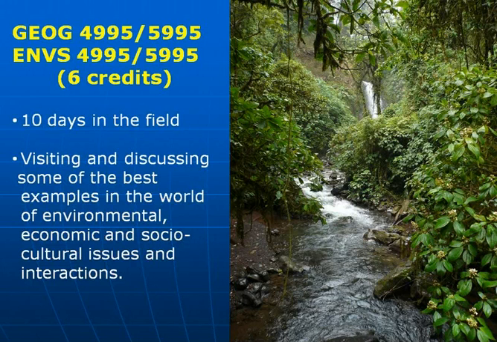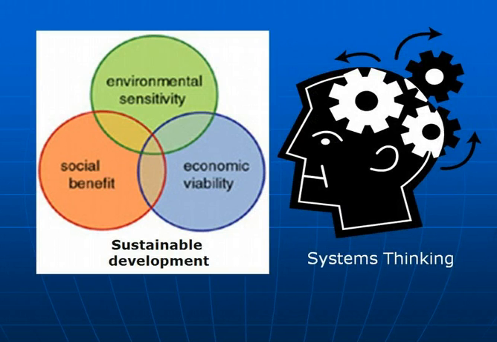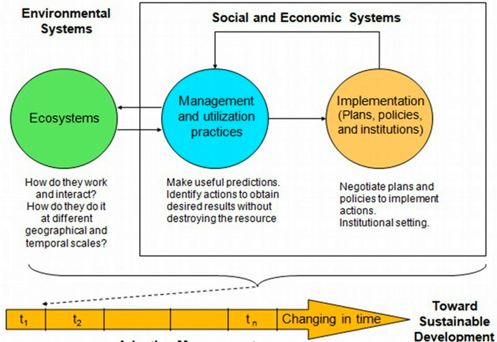In the course and in the field we will make use of systems thinking to analyze the interactions of environmental issues, social, cultural issues and economic issues and how they lead us toward, or take us away from, sustainable development. Also, we will discuss and use in detail the approach of adaptive management of resources, how it is done. We will have very specific examples of